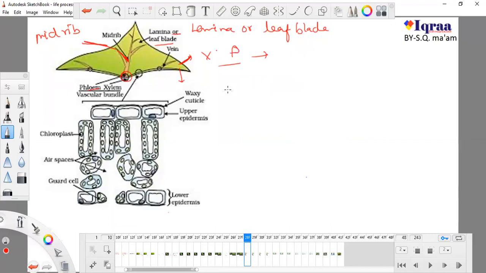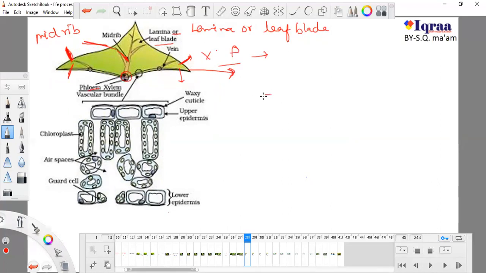Okay, in unity we can say the vascular bundle. Now if we go to a more elaborate dissection, or a more understandable structure of the leaf, we can say the leaf has two surfaces. This is the upper surface and this is the lower surface, and these surfaces are known as the blade, or lamina.